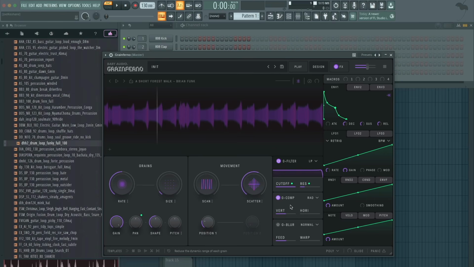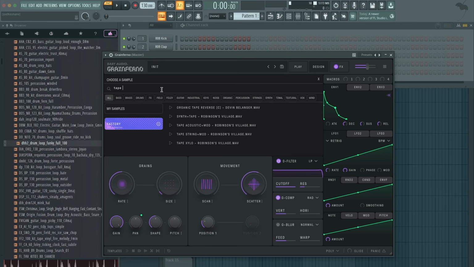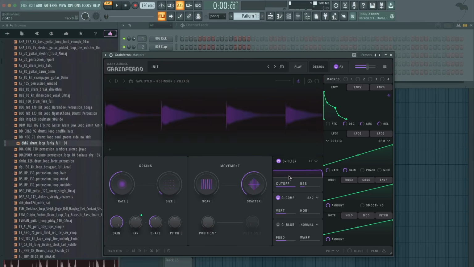So the granular compression is another control. And to show you this, I'm actually going to load up a different sample. So this is from the stock library. Let's see, tape Xylo. And I'll turn the compression off for now, and I'll play throughout the sample. Make sure to remove these modulators as well, left over from before. And I'll make sure to turn down the randomness on the position, the scatter,